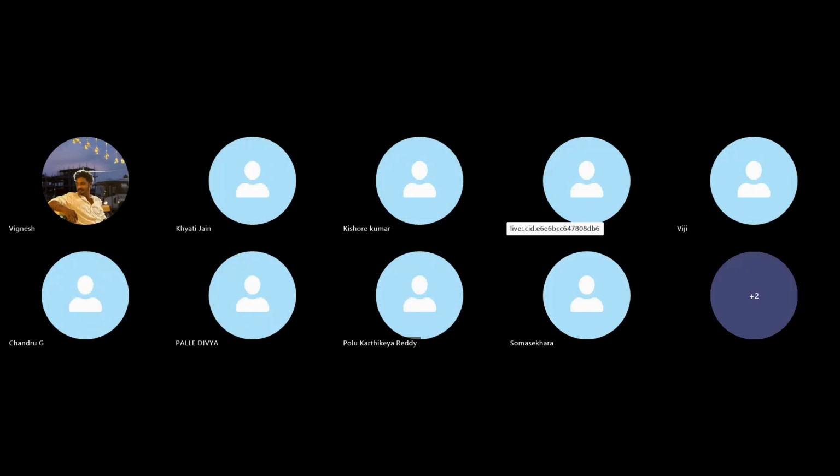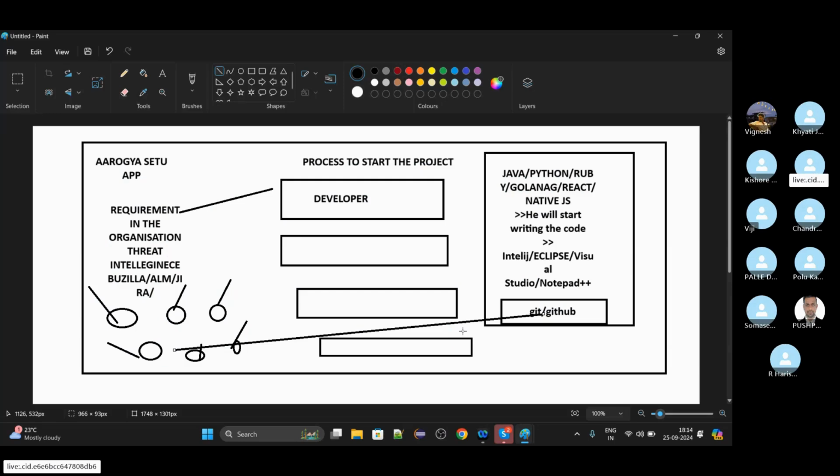Where it needs to be pushed at the GitHub level. At GitHub, it is going to be pushed using Git commands. How Git works, how Git implementation is done, that is a secondary thought. Forget about it as of now. Fine. Now what will happen? Till here, your code is available, right?